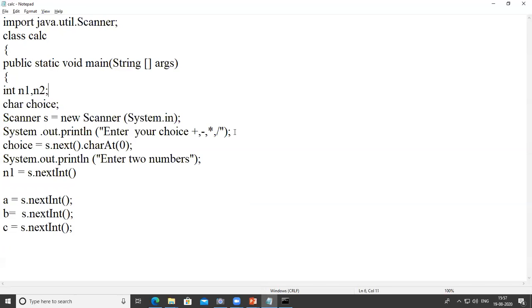We require a third variable also, result, for getting the result. Same for n2.